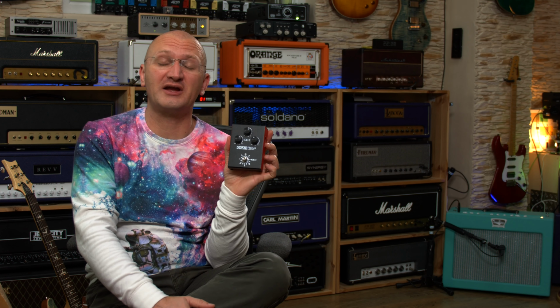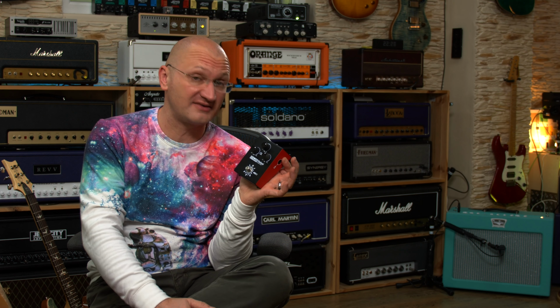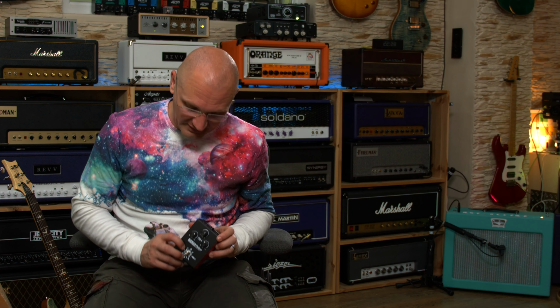That way you're not blocking a loop in your looper switcher, which means you can always add these on without taking anything out. And as long as you have MIDI in your looper switcher, pretty cool, should be easy to do. I love the quality, I love the price point. These should be clocking in between 99 and maybe 130. Don't nail me down on this, might be a little bit more or maybe less, depending on what they figure out with the dealers. These videos are relatively new in the product cycle, so I don't actually know how much